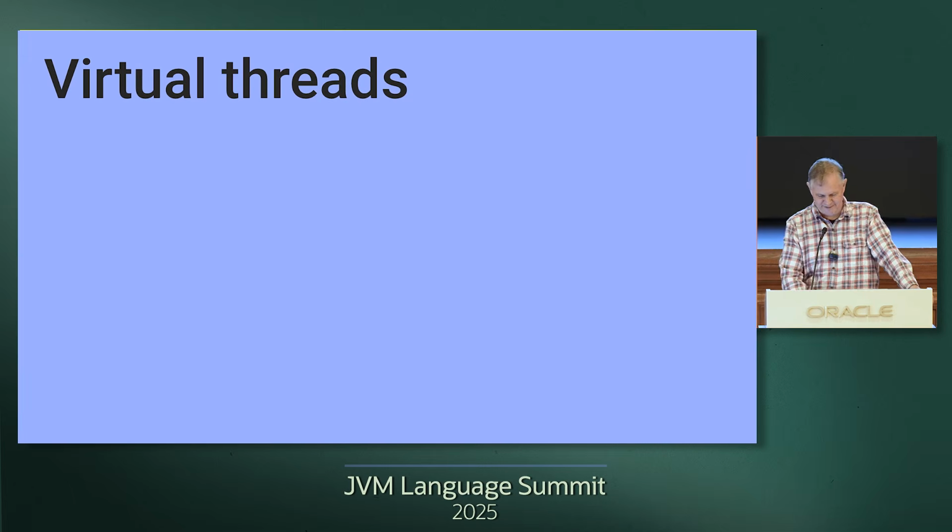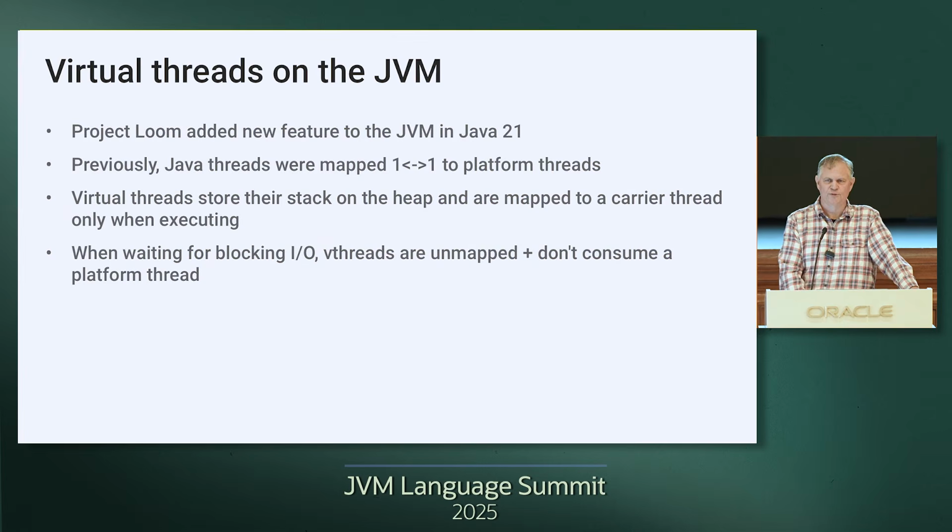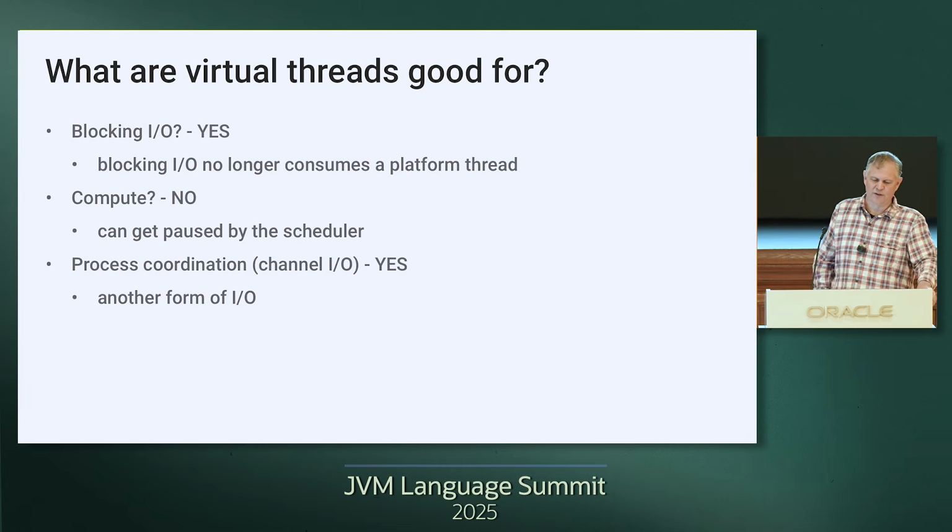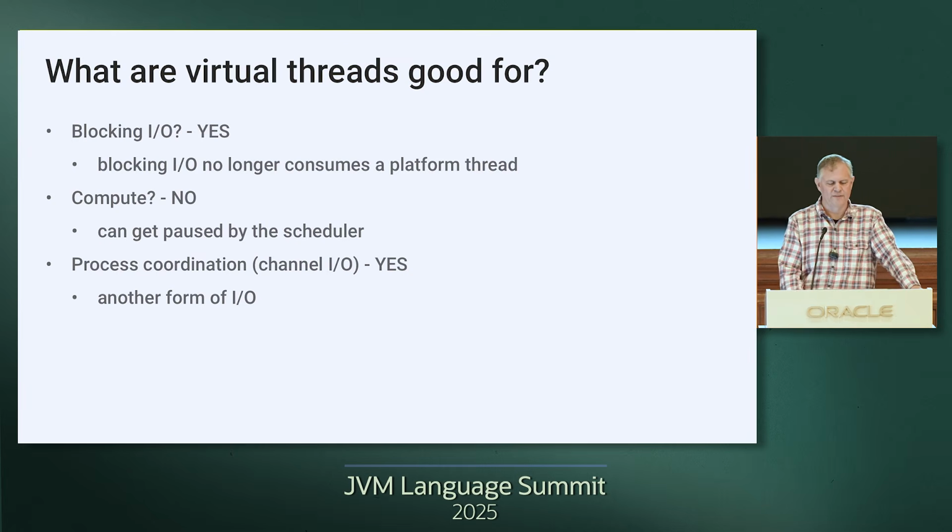So enter virtual threads. So we now have virtual threads, and I think nothing here is interesting or should be surprising to anybody in this room. But we had new capabilities now for being able to park and unmount from threads in the JVM itself. And so the natural question was, can we use this to our good? And as we started looking at these things, we really looked at the different kinds of things we were doing in core async and where could we apply virtual threads? Like we can use them for blocking I/O, which before we couldn't do in Go blocks, we could only do them in real platform threads.